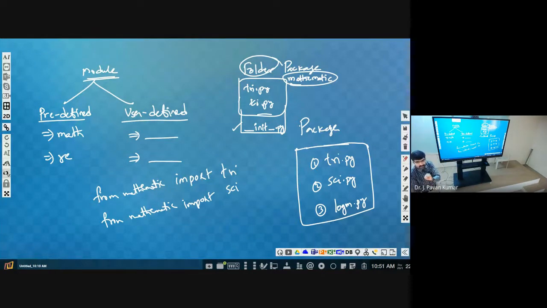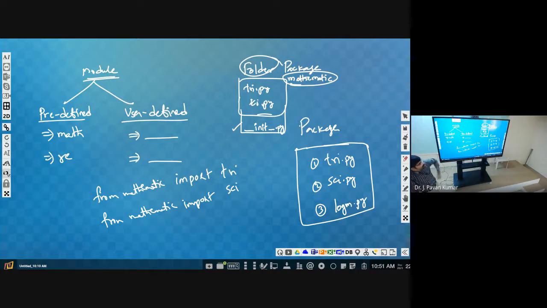Even without anything inside, we should have this file, then only it will be considered a package. Next, how can we use it? From package name import module name, that is the syntax. Now in a package, how many modules can we have? Any number of modules.